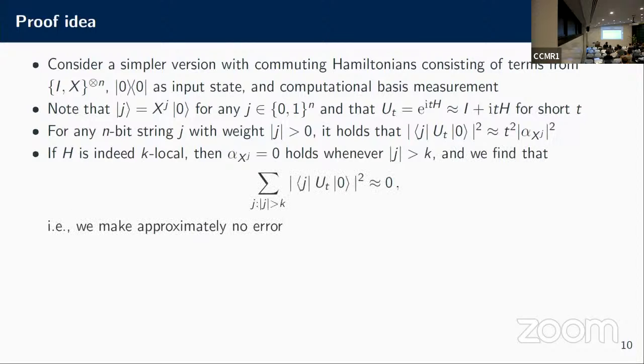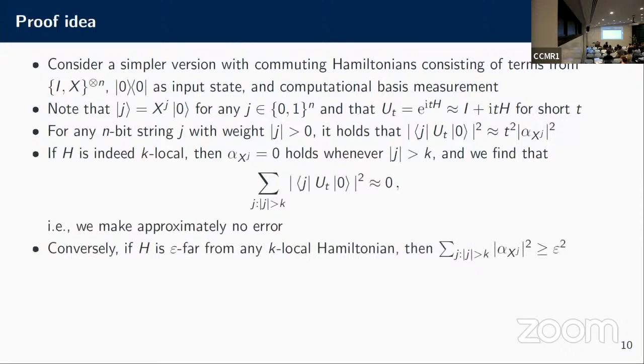Now you can think about the probability of measuring anything that is high weight. I only look at the high weight things. Since these coefficients are 0, those probabilities will be 0. So the whole thing is about 0, and you don't make an error here. If you're in the k-local case, you will never see anything that tells you you're not local. That's good. And conversely, if H is epsilon far from any such local Hamiltonian,